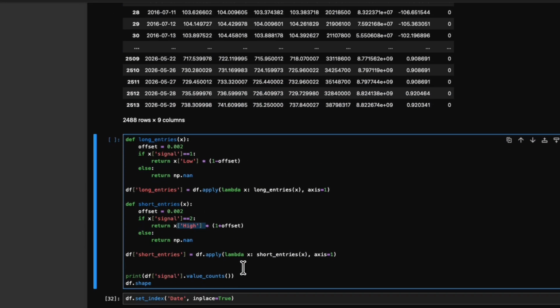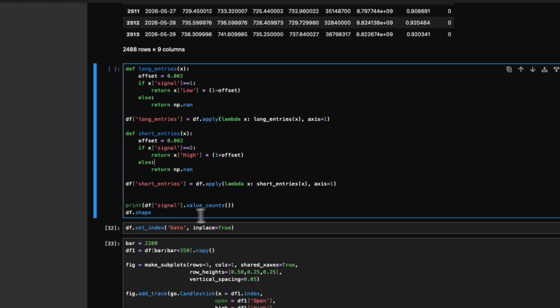plus a small offset. And then these lines here create two new columns, one for long entries, one for short entries within our data frame. And effectively, we record those prices where we get the signals at, or we have a NaN value instead. And the prices within those columns are what Plotly is going to use to place the markers on the chart